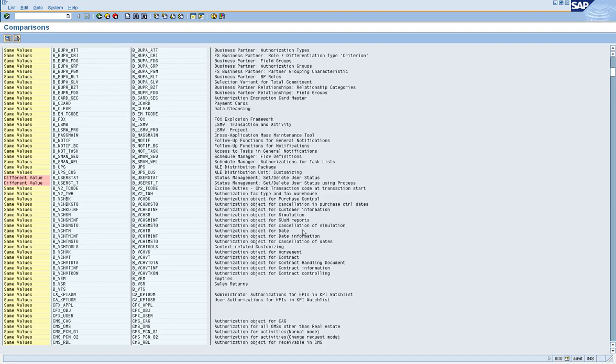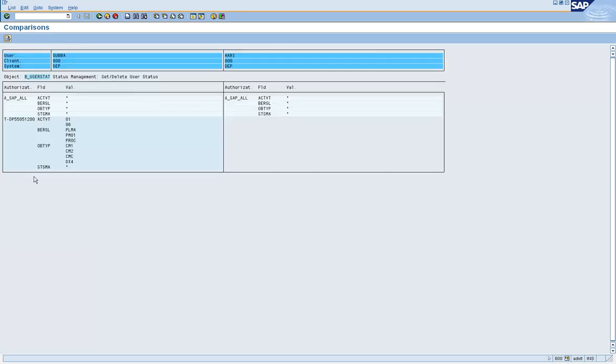But if the objects are there for both the user IDs, but the values are different, then it gives you a different value, and when you double click on it, you can see what the difference is.